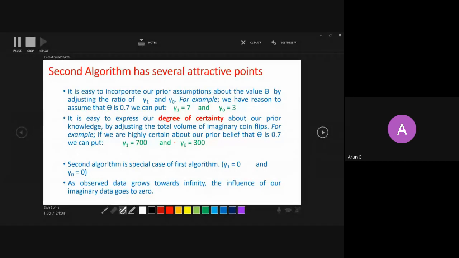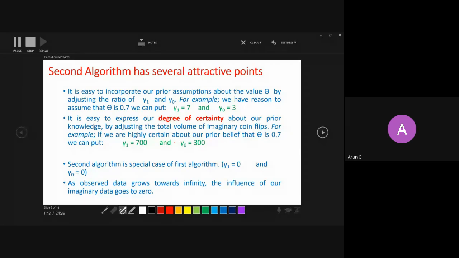Your belief is something you think in your head, and to bring that intuition into the experiment, you want to convert it into numbers. The belief is something in your head; you can't touch it, it is a quantity you can't express directly. To express that belief, you invent some imaginary numbers in your head. You say that because it is an unbiased coin, and I am very sure of it, then 50% of the time it will be head and 50% of the time it will be tail.